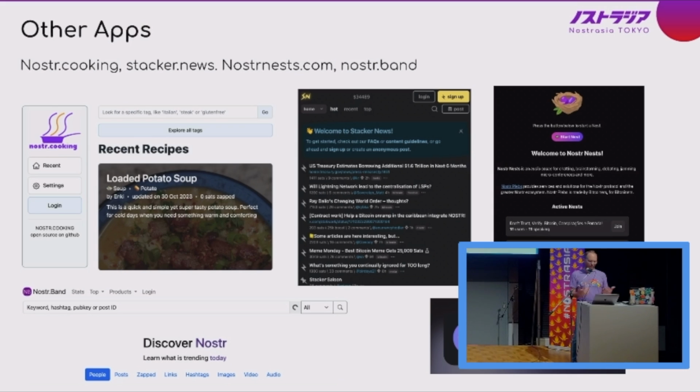You can search that, and you can find out who posted that link. I use that quite a bit, actually. Nostr.Band. And actually, I think there's another Nostr search engine. Does anyone know what the other one is? Is there another one? Okay. Nostr.Band's the big one.